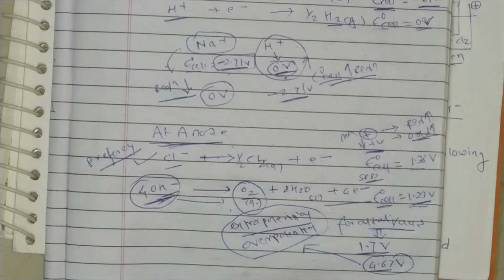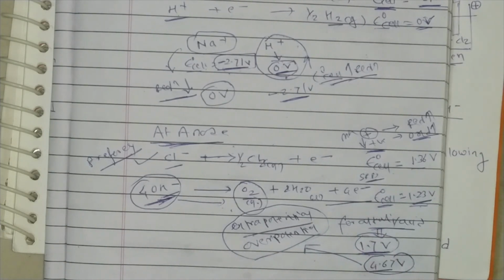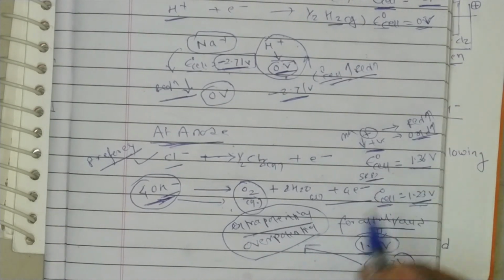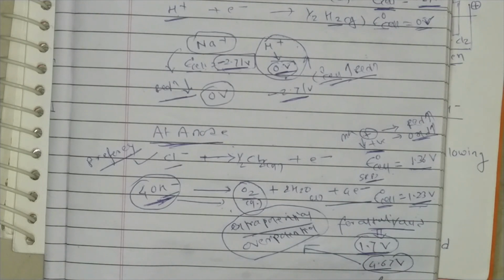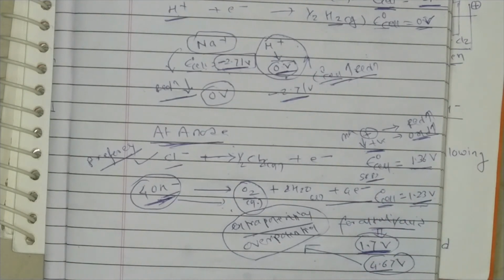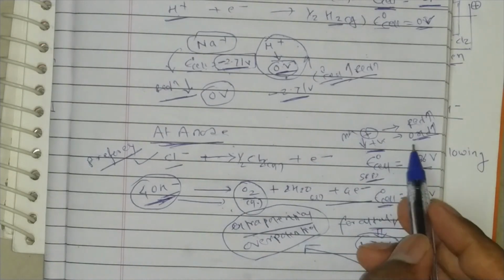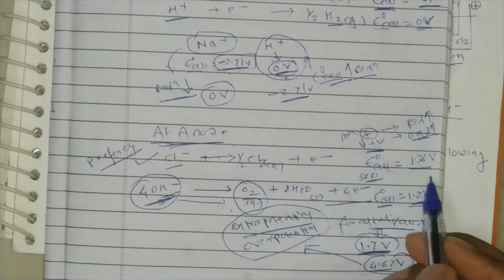Are you getting the point or not? तो यहाँ पे ये 4.67 वोल्ट ज़्यादा लगेगा, तो टोटल हमें कितना देना पड़ेगा? 1.7 वोल्ट, जो कि यहाँ पे ज़रूरत नहीं पड़ेगी। 1.36 वोल्ट. तो यहाँ पे अब देखो ये कितना लगेगा हमें एक्चुअल में? 1.7 वोल्ट ओवर पोटेंशियल को मिला के, राइट। और यहाँ पे कितना लग रहा है? 1.36.